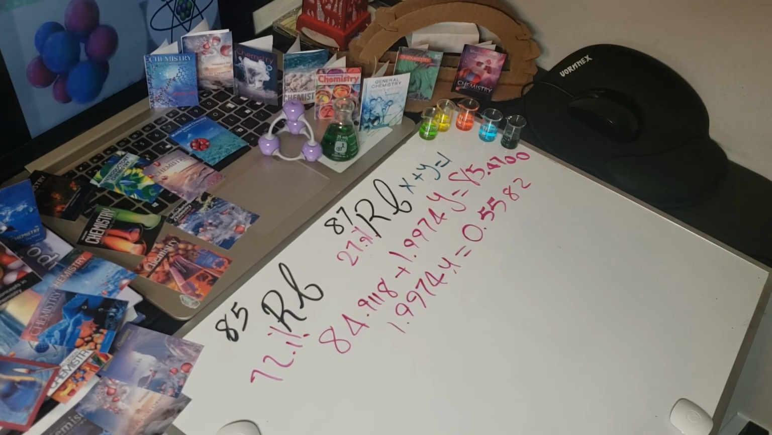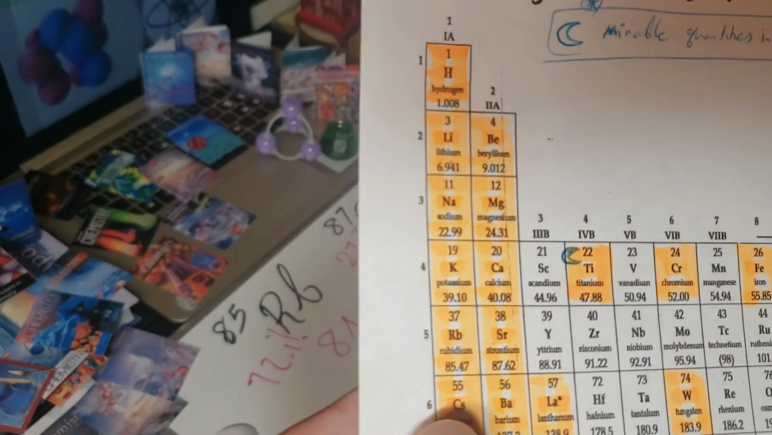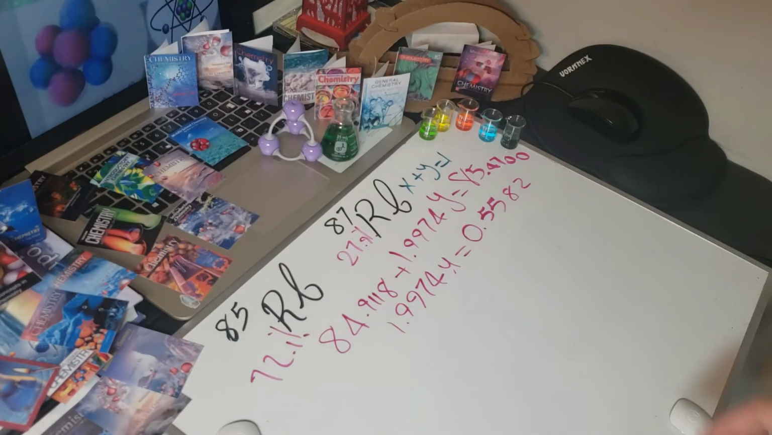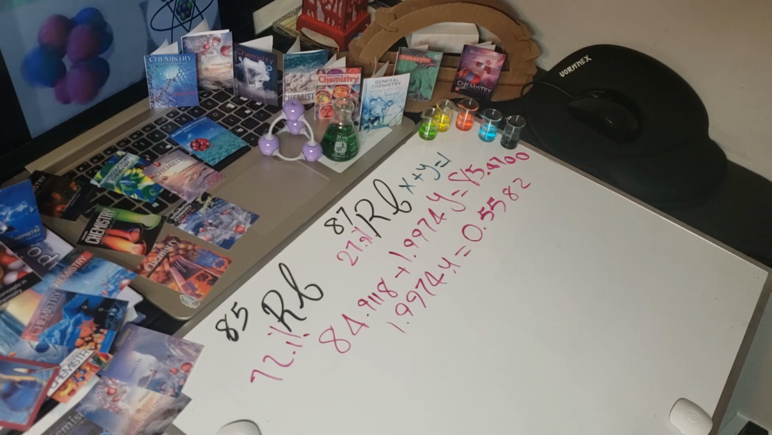Now the average atomic mass is what you have in the periodic table, and if you look for rubidium, again you could find that this is the average atomic mass, and the average is 85.47. So I want to wrap it up here until the next